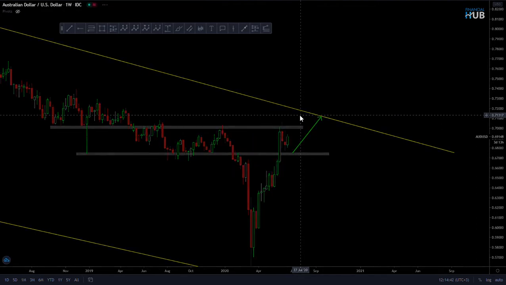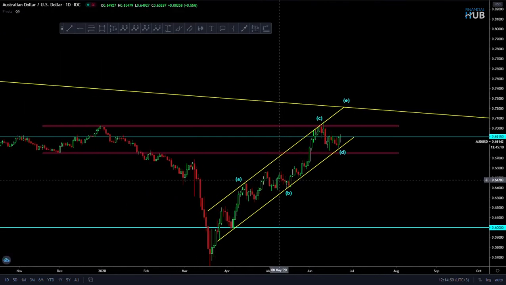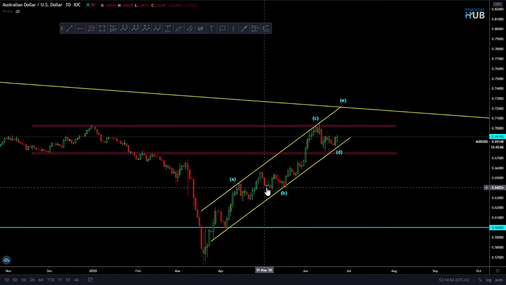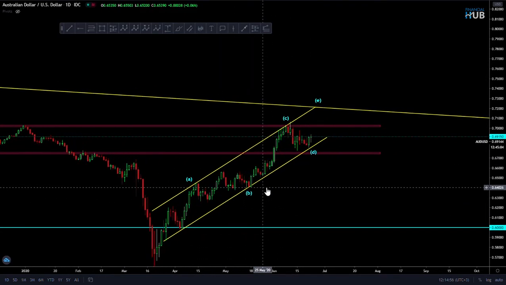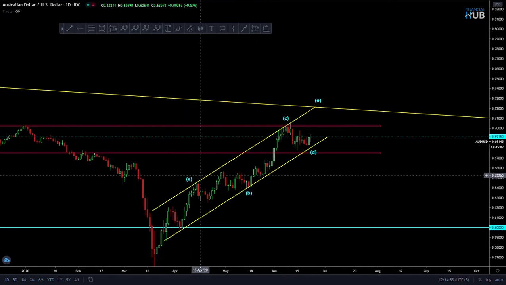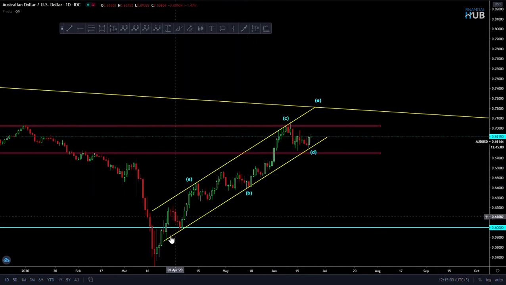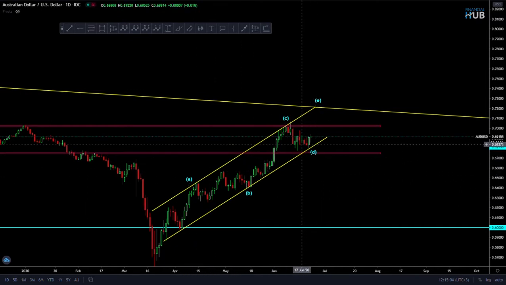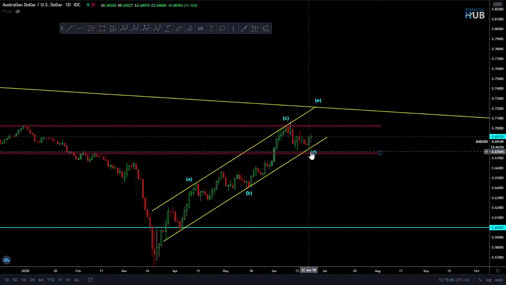If you go down to the daily chart, there's nothing much on the daily chart. So I'll just jump straight into the 4-hour chart. And what you can see, this is basically what I'm watching. So we sort of have this channel formation on the daily chart, which is better seen on the 4-hour chart. So I've just marked it A, B, bouncing off the boundaries of the channel to have that A, B, C. We sort of have this D,